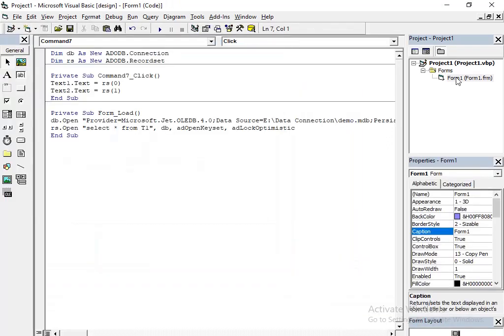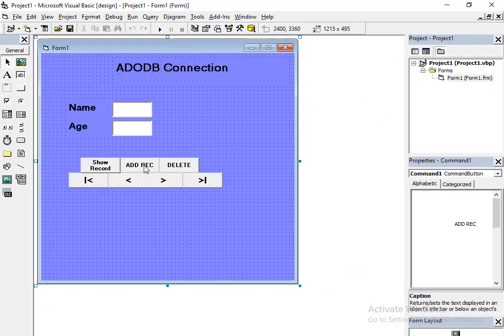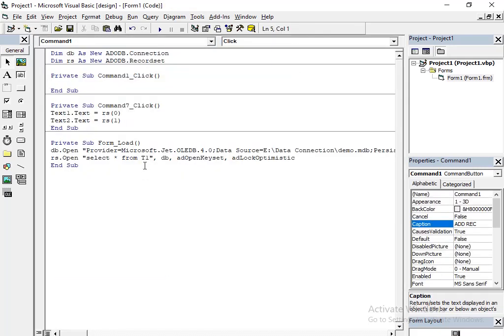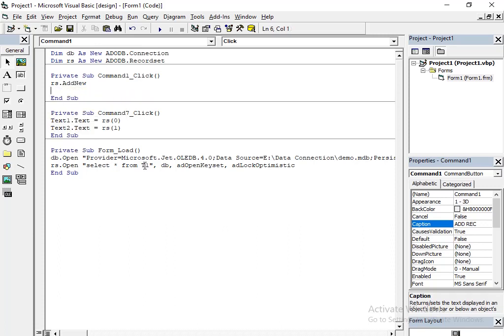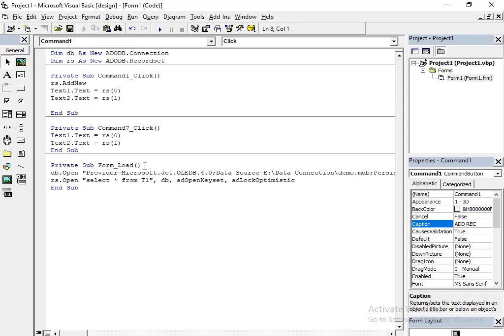Now we will see how to add the data from the front end. Okay, so rs dot add new with the record source I'm taking. In other words, you can give like this also.